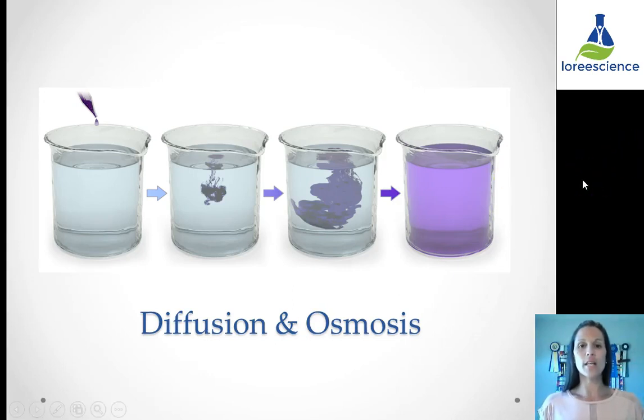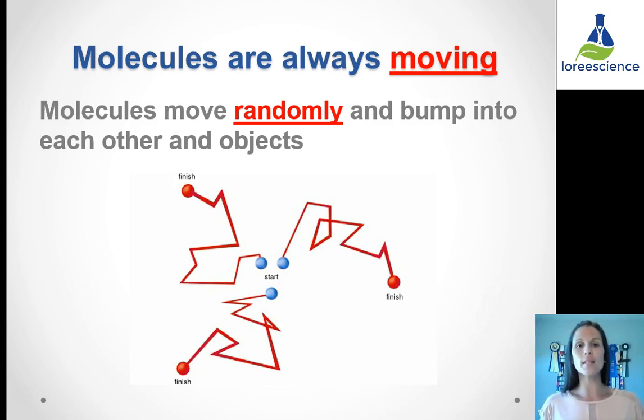This video is going to take a look at diffusion and osmosis. The first thing that you have to look at in order to understand diffusion and osmosis is that molecules are always moving. They never stop. And they're always moving randomly. And they bump into other objects, and as they bump into other objects, they change direction. So they're moving left and right and up and down and around, and that is what allows diffusion and osmosis